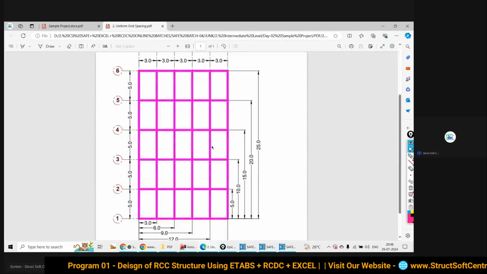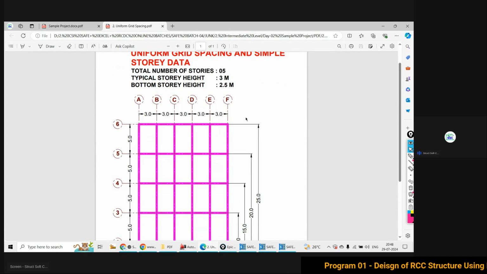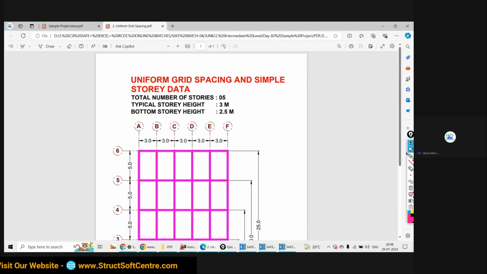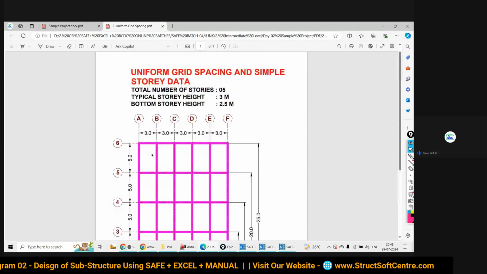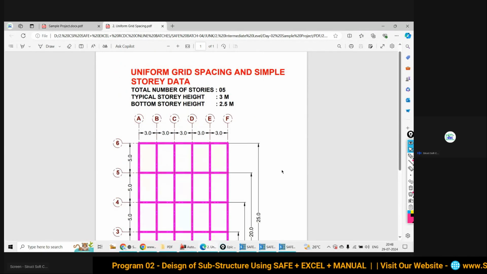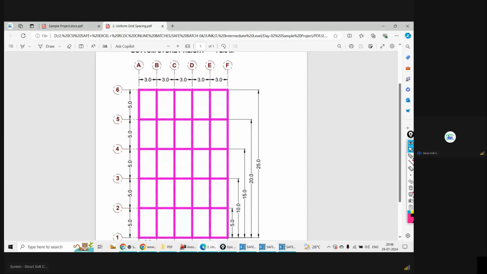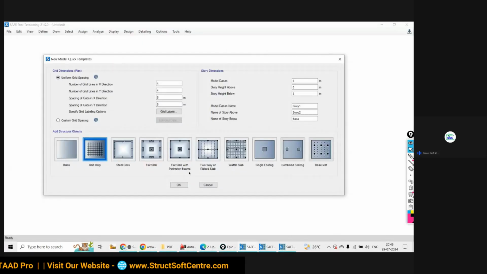So if you are going to see the grid system in X and Y direction, there are no grids in a circular form, in a radial direction. So that is called as what? Cylindrical grid system, and this is a Cartesian grid system. So here Cartesian, X and Y direction, simple geometry. It is called Cartesian grid system. And if you are going to see any circular grids, that is what? Cylindrical grid system. So how can you create this grid system? How you can have this grid system in the SAFE software, that we have to discuss.